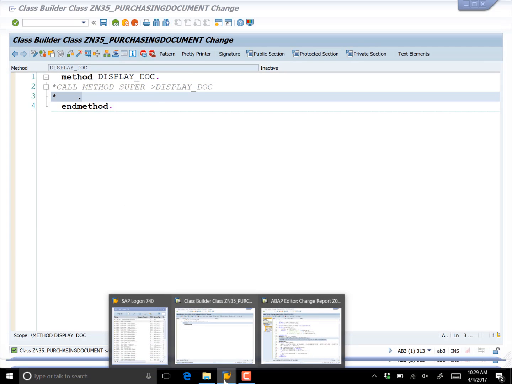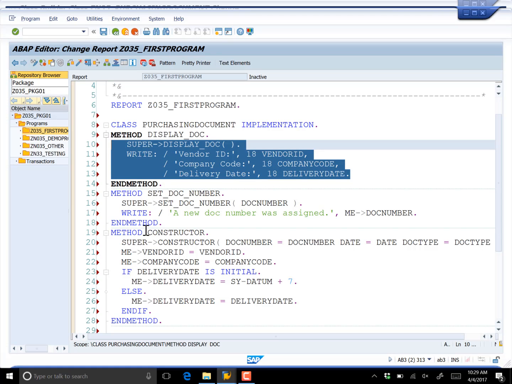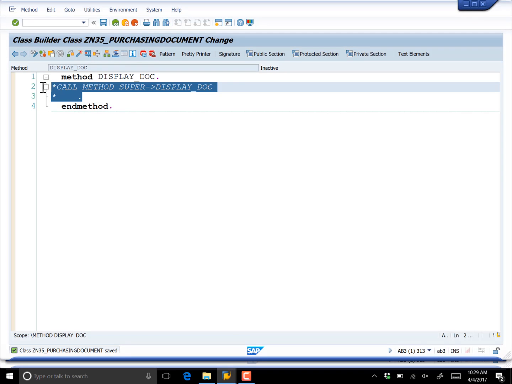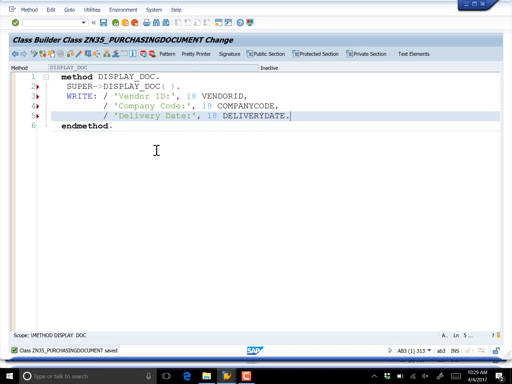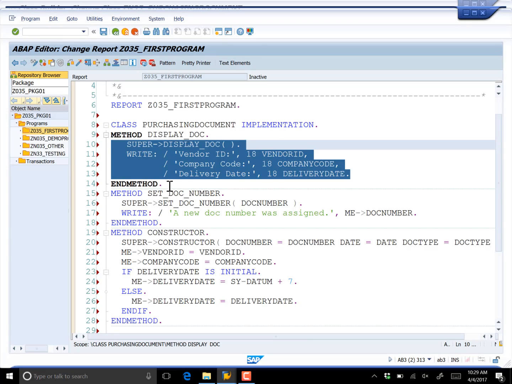Oh, I pulled the wrong one, thank you. Display doc is this guy. That would have made for some really weird code. So there we just saw something to be careful about when you're doing this. Okay, so there's our redefinition of display doc. And now if I come over here,